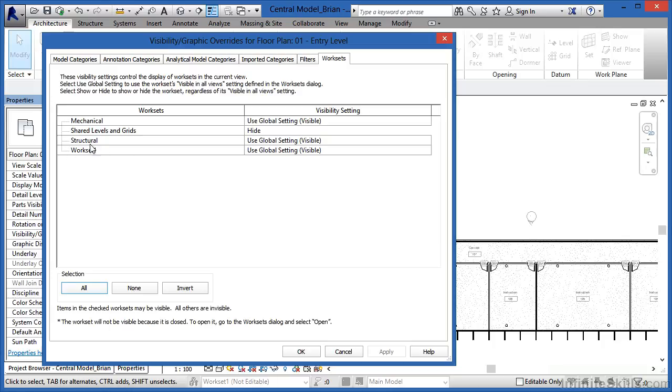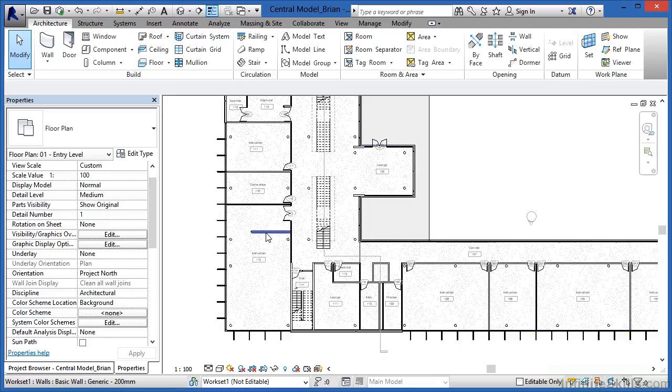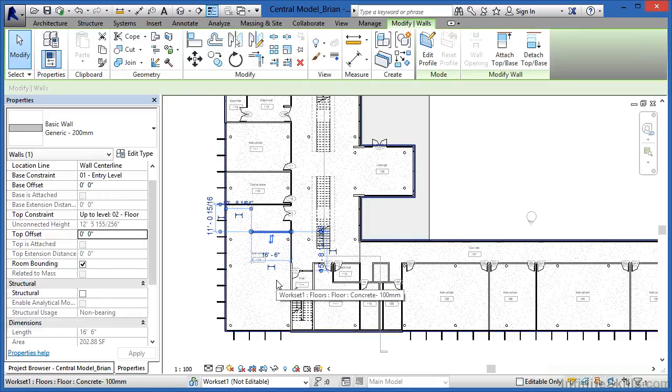You can also have multiple people working in a work set at the same time. But if you do that, only one person can work on one object at that time. An example of that would be this. If I click on OK to this, and now I select back on this wall that I just drew, and what I'm going to do is click the little flip icon here. We're barely going to see any change at all, but it has made a change to the Revit model. Now that I've done that, I am considered the owner of this object. What this means is that nobody else can now make a modification to this object until I save back to